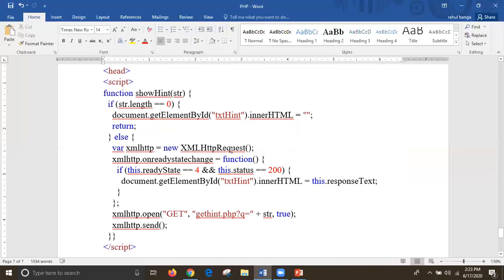Right? Once that is done, the function will be called. In this situation, if this.readyState is equal to 4 and this.status is equal to 200, that means you want to add on and that is the same as the response. So what will come in the reflection? this.responseText, whatever you are typing will be reflected and visible to you. Otherwise it will be reverted.